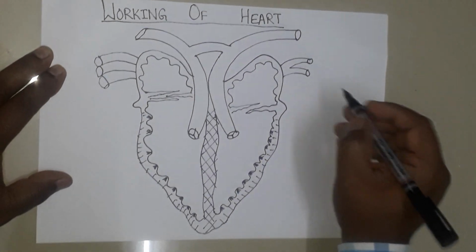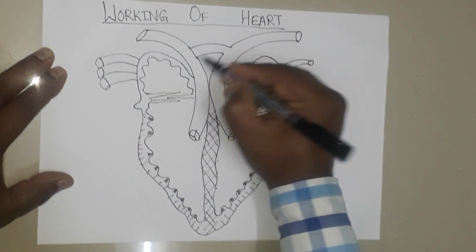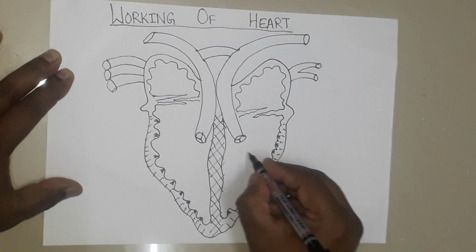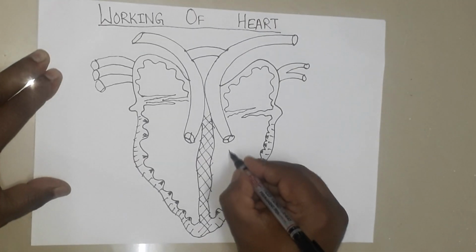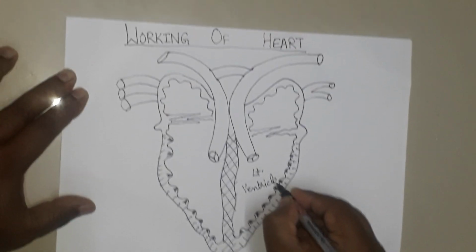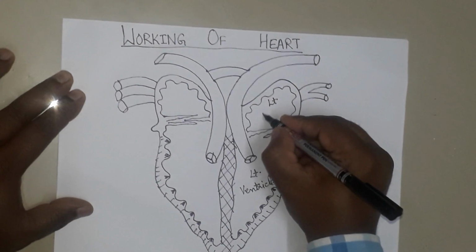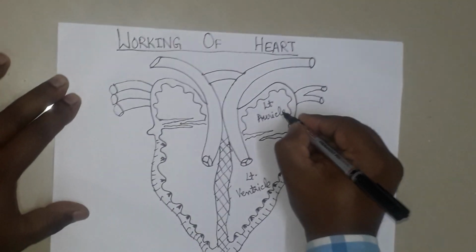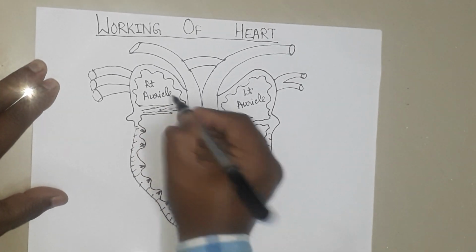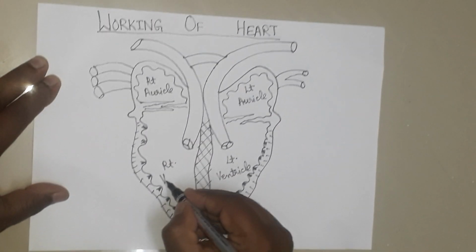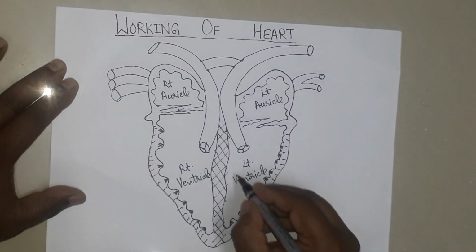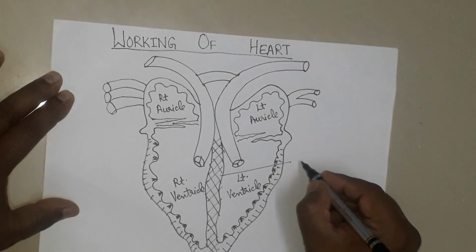Now I am going to label it. This is our left ventricle. This is left auricle. This one is right auricle. And this is right ventricle. Clear? Then this central wall, it is known as